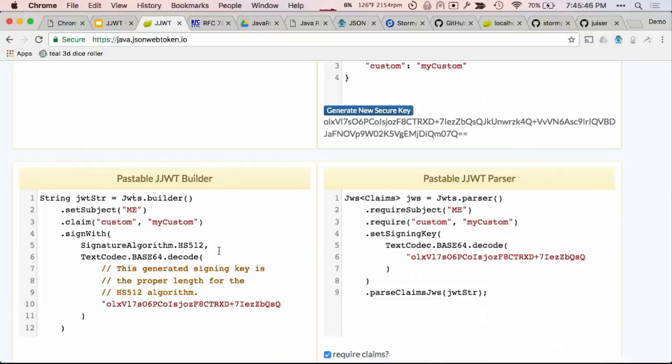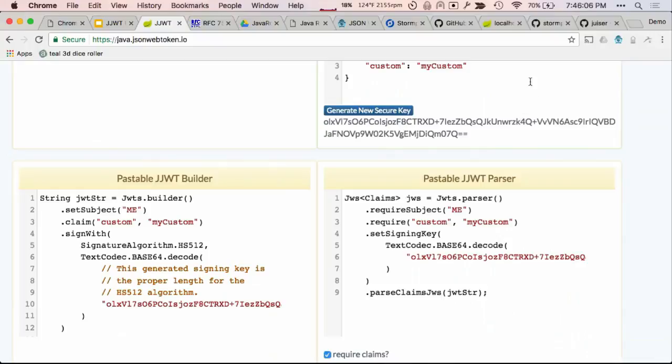All right. Everybody take a deep breath. I'm going to pause for a second and ask if there's any questions about what we've looked at so far with Zuul, Juiser, or JWTs. And then in the last 10 minutes or so, I'm going to show you the MFA example. Any questions? All right. Lots of good resources at the end.